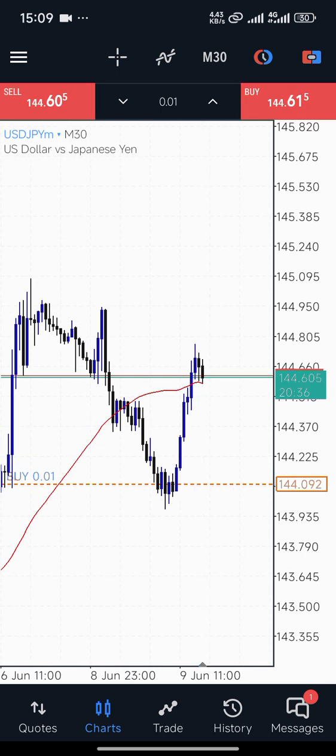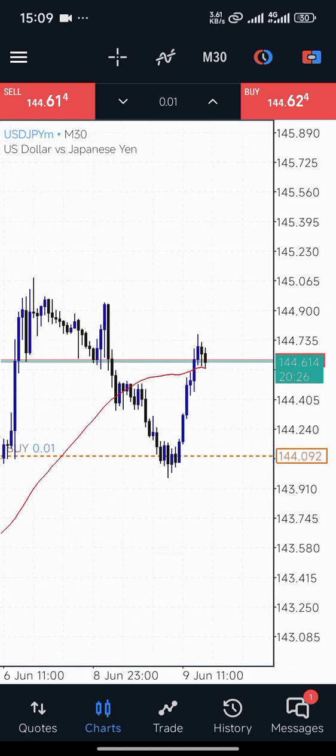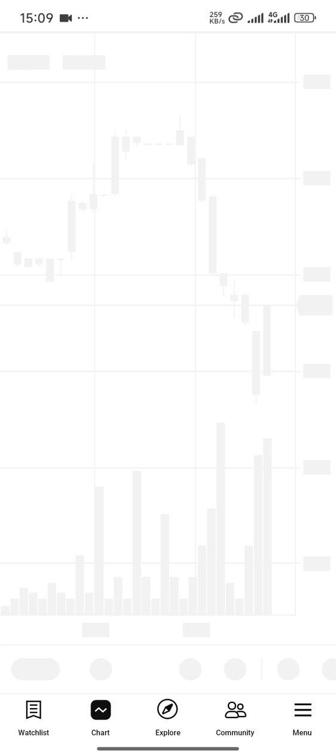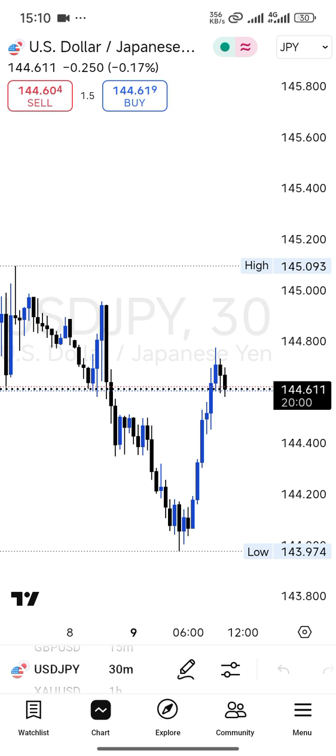I expect it to just bounce maybe off of this breaker here, and then go to the upside to clear up this liquidity up here, right? So this is what I expect to happen in the market. So I'm going to open my TradingView and show you how the trade is currently playing out. So let's go to my TradingView. All right, so this is my TradingView here,